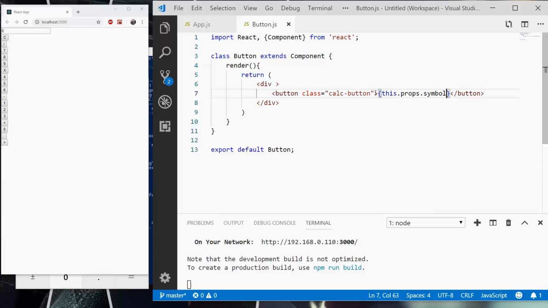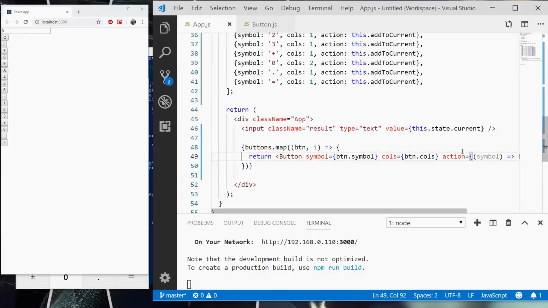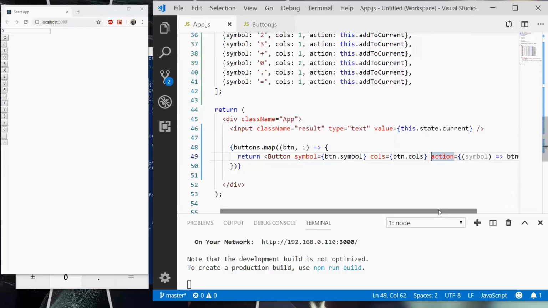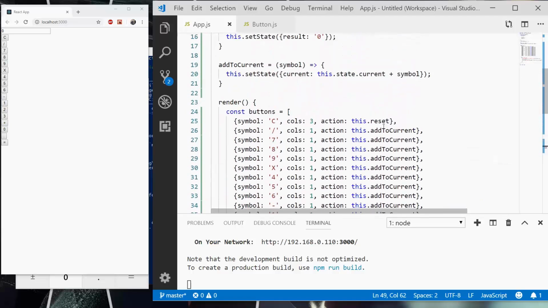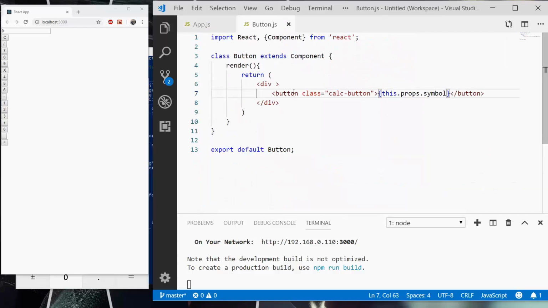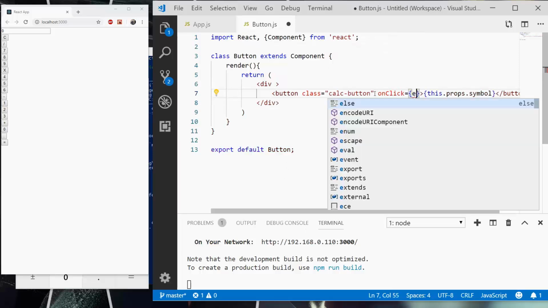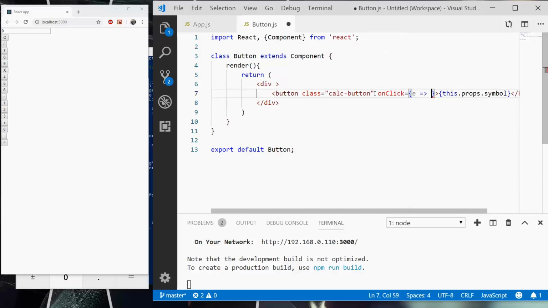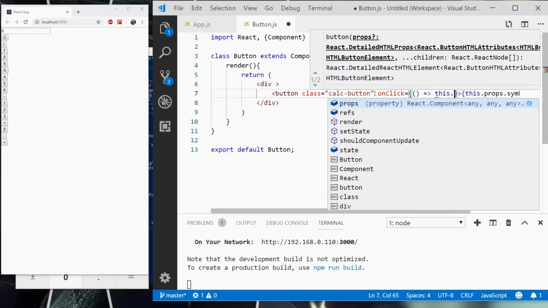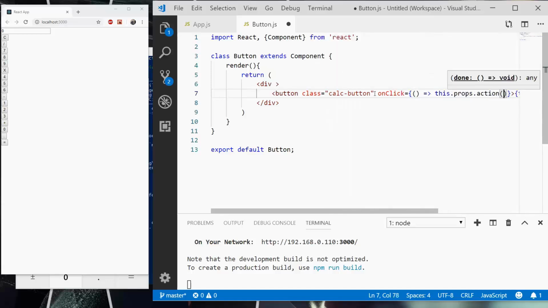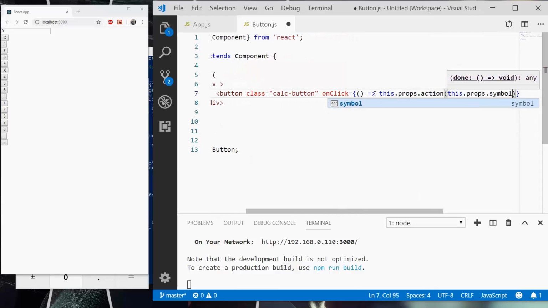Now another thing is that we need to rig up the action. So this props action is a function that takes in the symbol and passes the symbol over to the button's action function, which in this case is add to current or reset. So we're going to create an onClick handler. We're going to take the E parameter for no reason, just so that we can use the arrow. I mean, it would be much more accurate to do this with an empty parameters list, and then we're going to say this.props.action, and pass through this.props.symbol. We're going to save it,